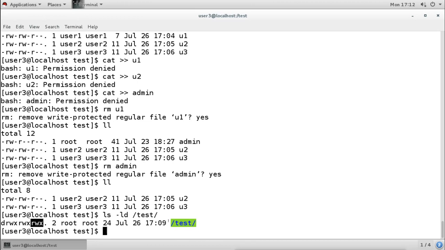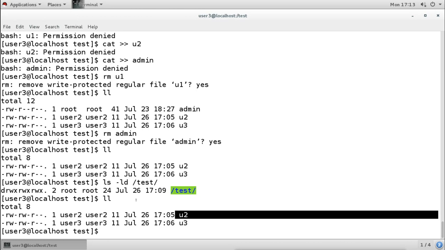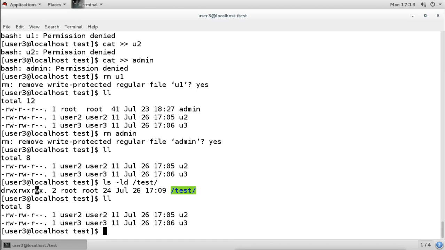Whether it is a normal user or root, all the users have the read, write permission. Read permission means they can read the content. Execute permission means they can go inside the directory. And write permission allows those users to create files in the directory, and also delete files. So when we give a user permission to create a file, that is the write permission, that user can also remove and delete files.